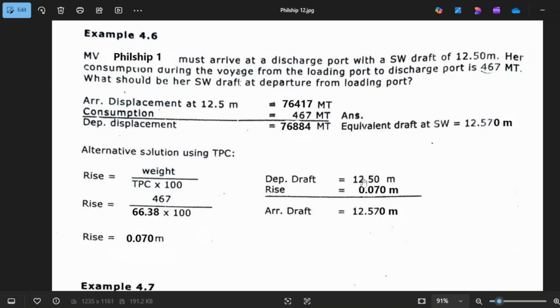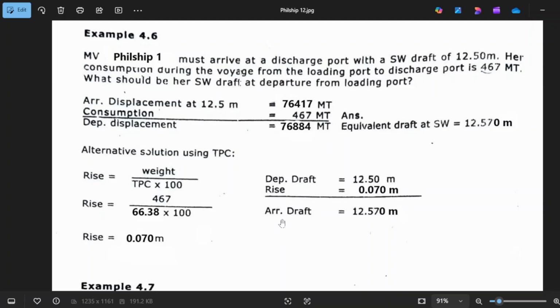From your arrival drop at discharge port, you add the rise of 0.07. When you add this, that will be your departure drop at load port, 12.57. So this should be your arrival drop plus your rise.